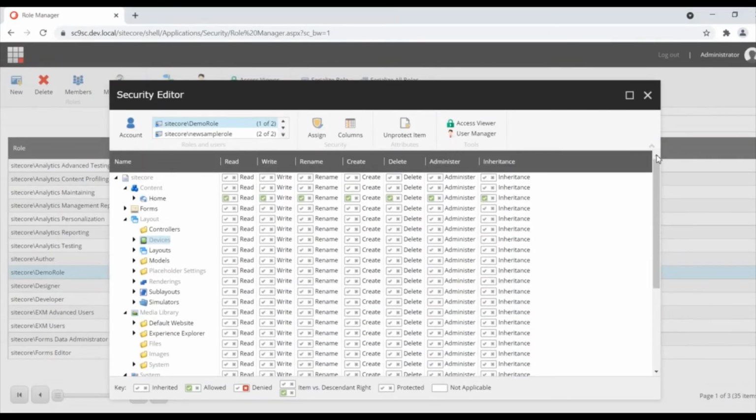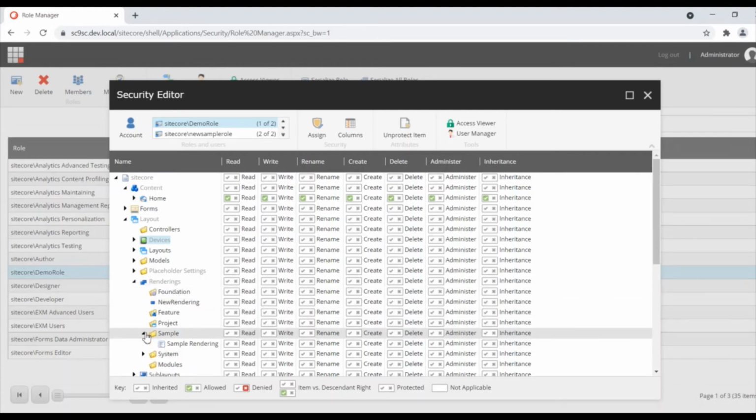Before we go to see about the package, how to take the package of users and roles, I will show you the additional overall features available. Similarly, you can assign roles to all the layouts, models, renderings, sub layouts, and simulators. For each individual rendering also, you are able to do it.